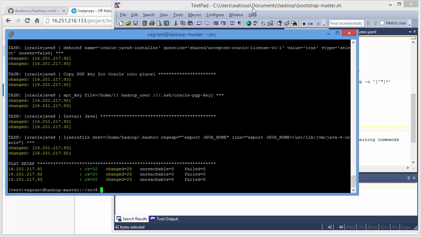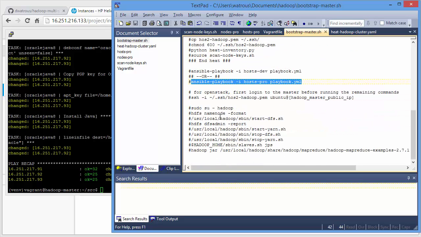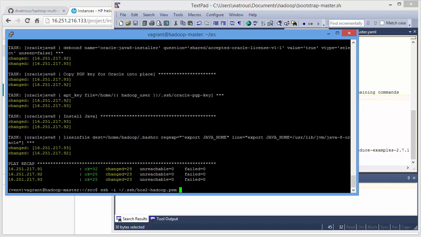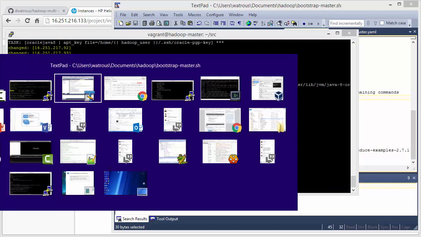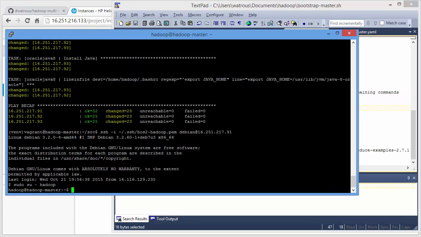Now that Ansible's done installing Hadoop, the next step is to start Hadoop, format the name node, and so on. But remember that in OpenStack, you have to first connect to the system where Hadoop was installed. So this is the Hadoop master on OpenStack. And we are connecting as the Debian user, and we need to connect to the master node, which is this IP address, at which point we're ready to become the Hadoop user,